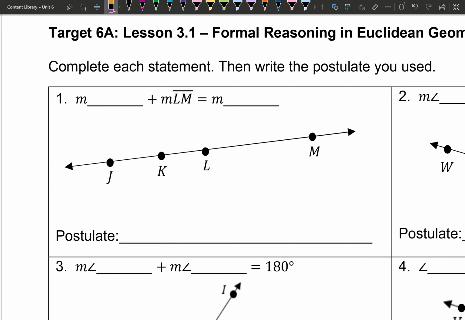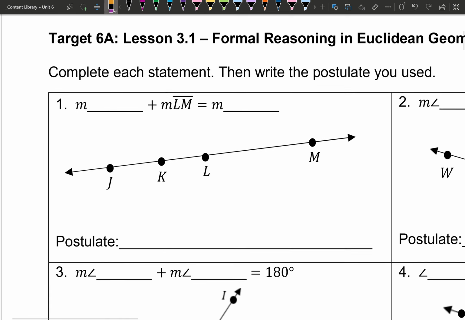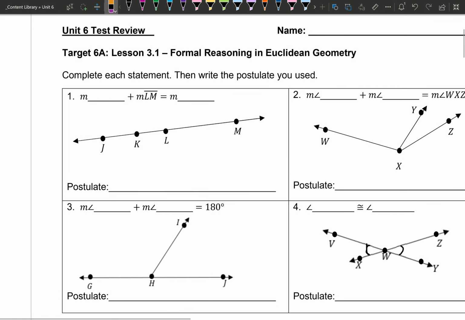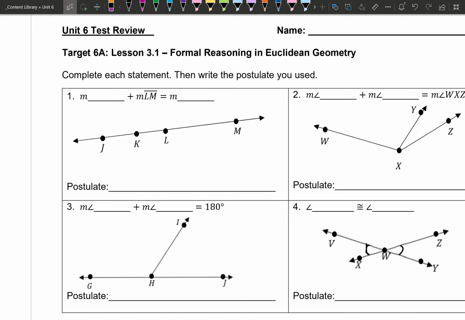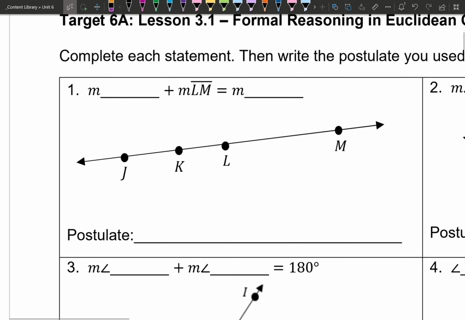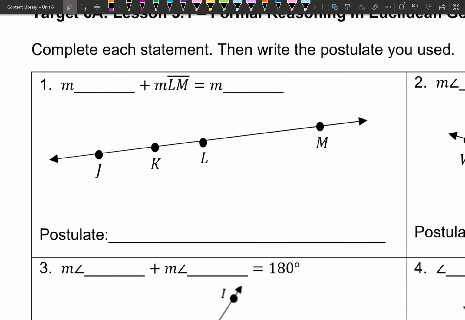Hello, and welcome to a little video about the Unit 6 test review. In 1 through 4, what we're going to do is complete each statement and write the postulate that we used. Alright, in number 1, I have the measure of something plus the measure of Lm is the